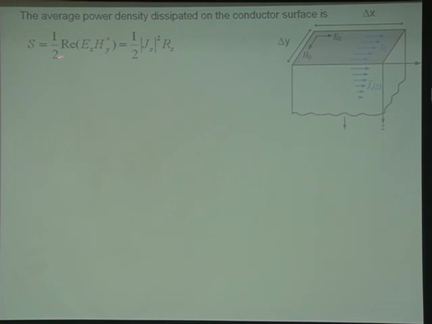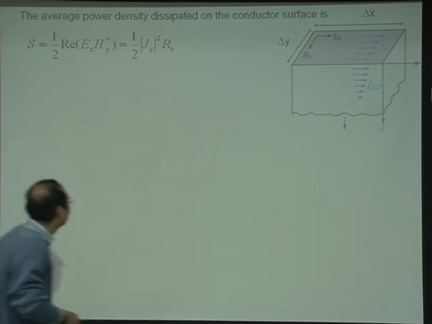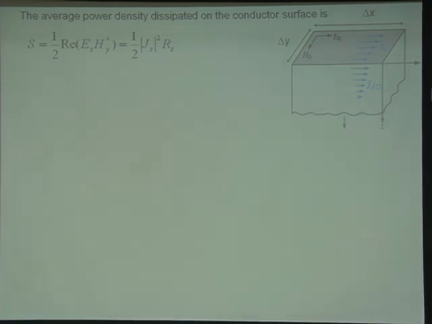And so the complex Poynting vector is going to be equal to Ex cross with Hy along this direction. But your Hy, from the last part of my lecture, is equal to the surface current Js. So this can be written into